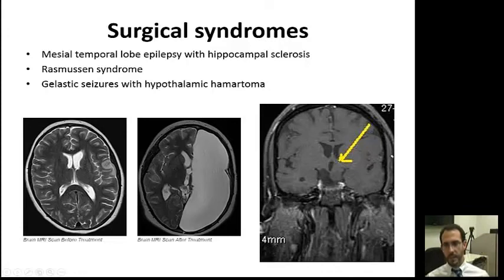This is again a brain MRI, but this is a different section. This is a coronal view, which is pretty much a kind of transverse cut, and you can see the brain from a different angle. And so in the deeper areas of the brain, there's this outgrowing tissue, or pretty much a mass that is coming from the hypothalamus, and that's been correlated to gelastic seizures.